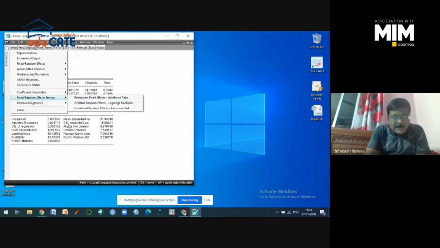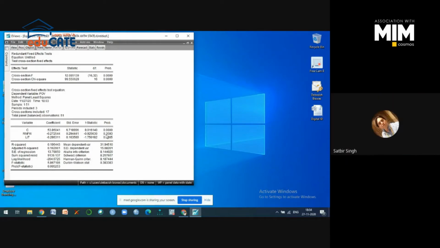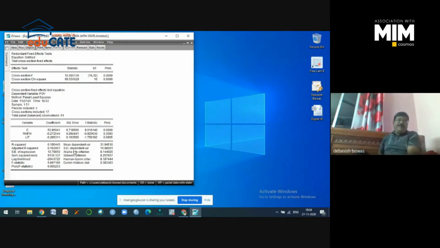So this is your fixed effect model. So you just click here. Now what you are observing, the result of the normal model, that means the result of the pooled regression model, has been shown here. You just try to remember this is the result of the pooled regression, where RNFW is insignificant, right? So this is the result of your pooled regression equation, and you have already got the result of the fixed effect model. Now to determine which model is comparatively better, you have to check the F value,